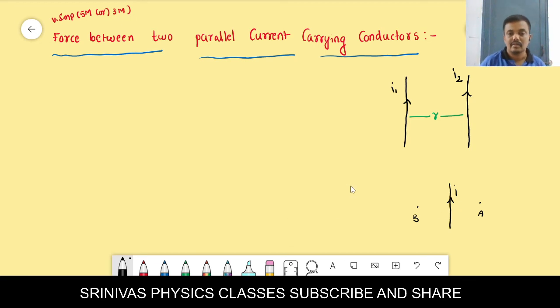Have you tried? No. Right, you see here, this side entering, this side leaving fingers. Curled fingers indicate the magnetic field. Leaving is outward, entering is inward, current is upward, right? That means here, what is the direction of the magnetic field on the right side of the current carrying conductor according to the right hand thumb rule? Tell me fast. Inward. Is it correct?